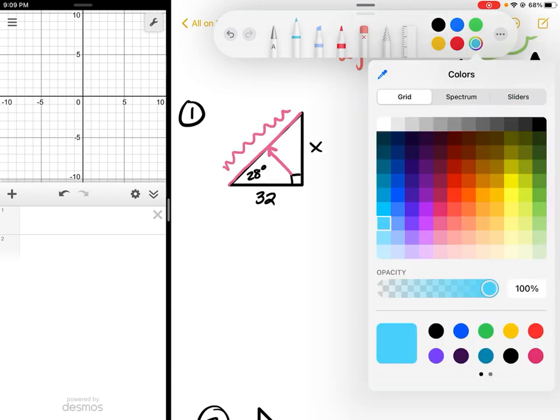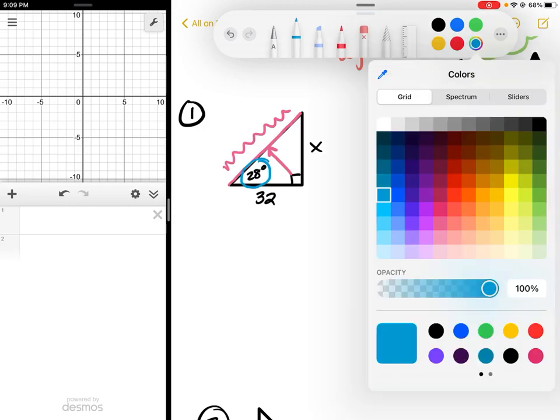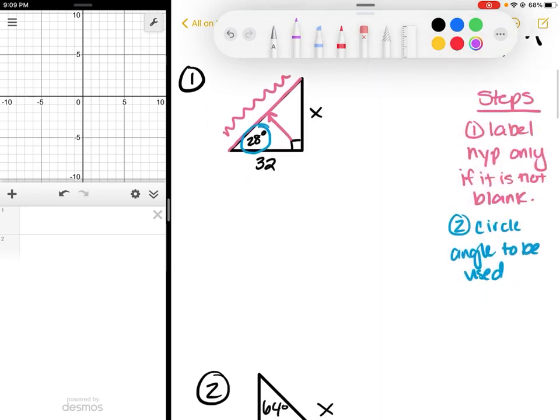Now, the next thing you do is you circle your angle. Circle whichever angle you want to use. Circle angle to be used, okay? Here they always give us the one. We know we can find the other one because we know all three add up to 180, but let's just keep it easy. So we're going to use 28 as our angle, okay? We have to circle our angle because remember I told you earlier, the angle is what chooses your opposite and adjacent. So step 3,